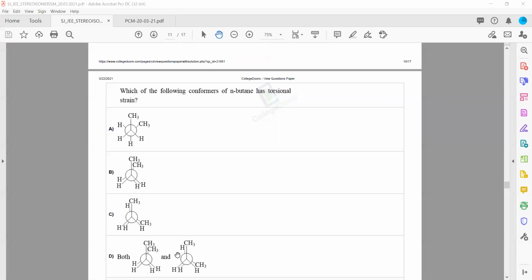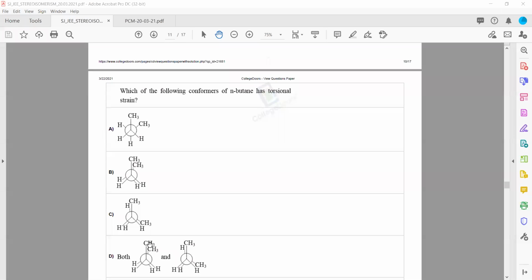It will be both the fully eclipsed conformation as well as a partially eclipsed conformation. Because when these two groups are coming very close to each other, there is repulsion of the bonding electrons, and also there is a steric factor of the two groups coming very close to each other, as compared with the normal van der Waals radii. So if the two groups have the steric factor, then there is a steric or van der Waals strain, and there will also be the repulsion between the bonded electrons.